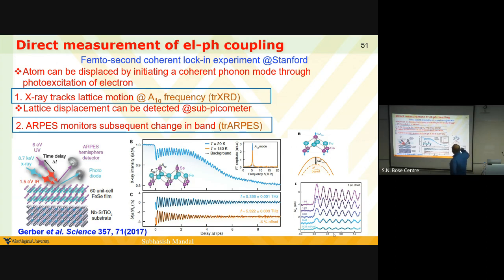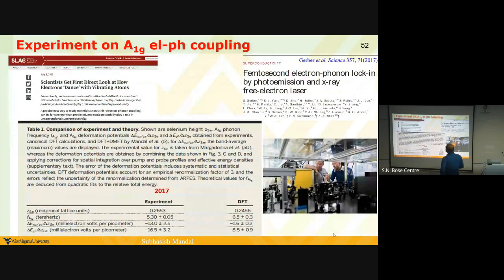Now you can actually get the band and measure the shift, and then you know how much the ions are moving and how much the bands are moving. It's a very easy way I'm saying it. It probably costs $2 million because it has to be very fast. You have to go to a synchrotron, of course. And this is the first way of measuring this electron phonon coupling. They got excited. It was like scientists have seen a dancing atom for the first time in real life.